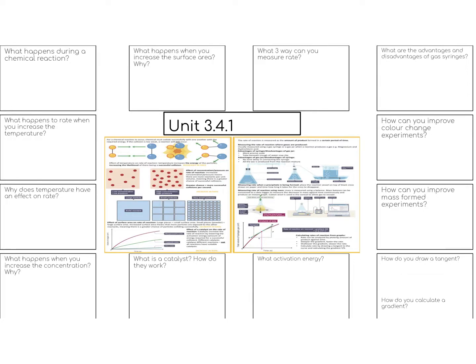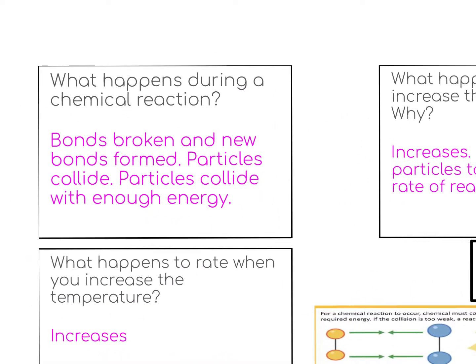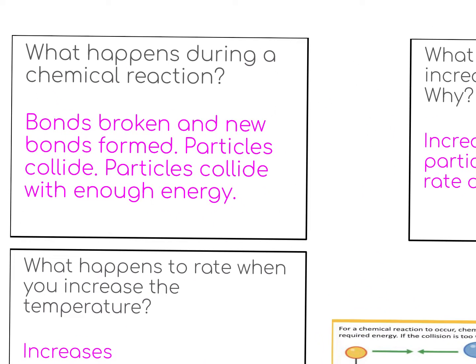This then is 3.41, the rates topic for Unit 3. Again, that's the sheet that you should have in front of you, and I'm just going to run through the answers. So what happens during a chemical reaction? Bonds are broken, new bonds are formed, particles collide. Particles always have to collide with enough energy for a reaction